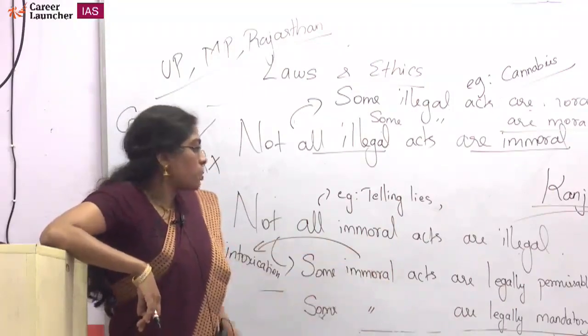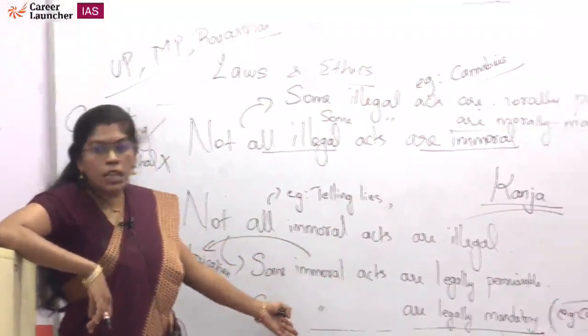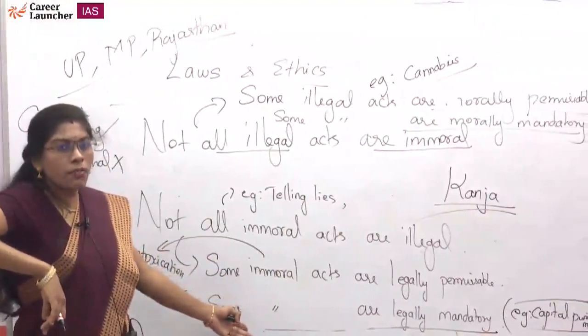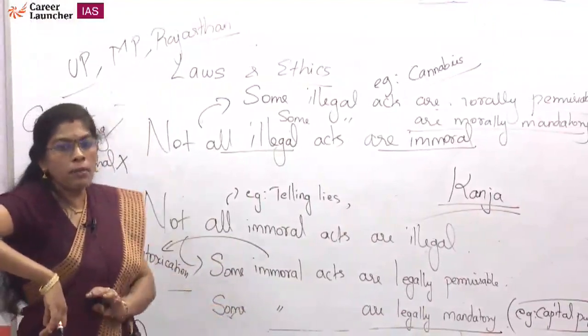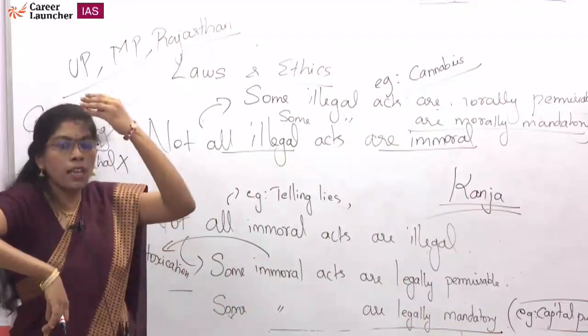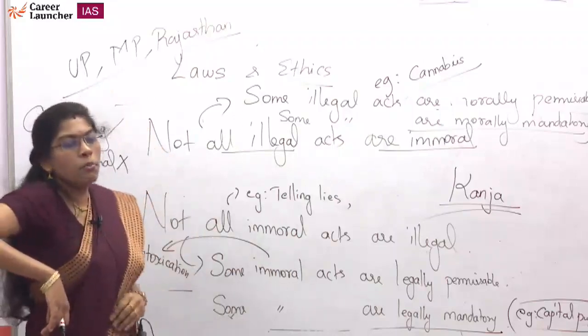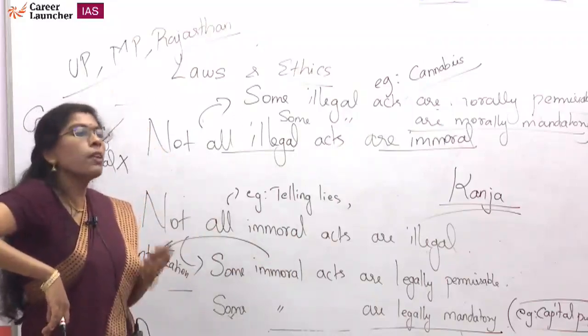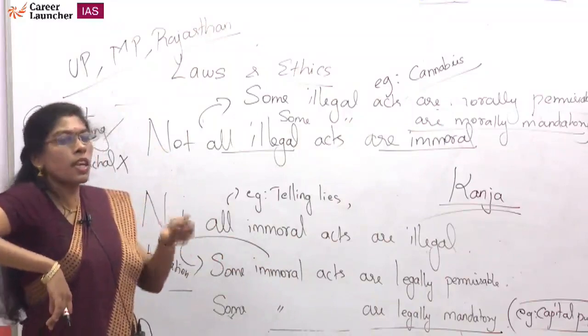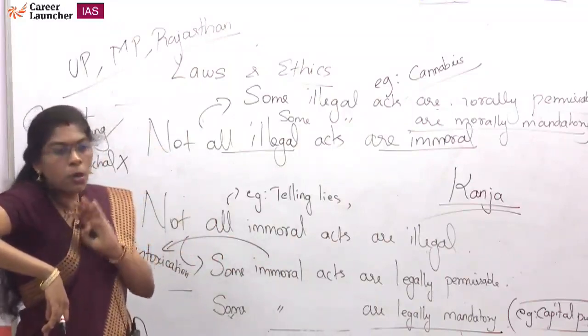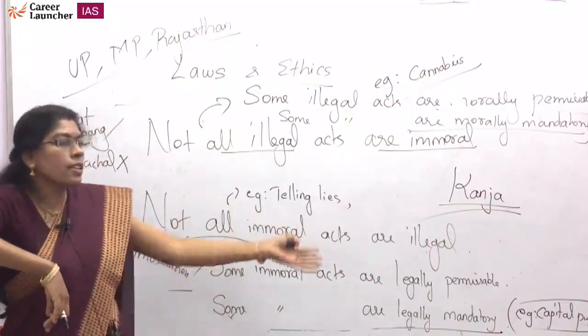This capital punishment is an immoral act. We are killing. We don't have any right to take a person's life, even though he might be a murderer, even though he might be a rapist, even though he might have caused severe loss to the nation's property. We don't have any right to take a person's life. Morally it is wrong. But legally it is mandatory